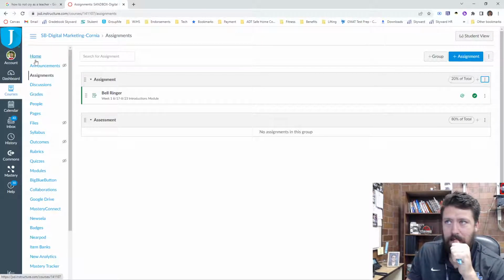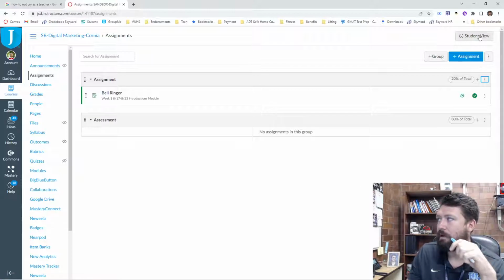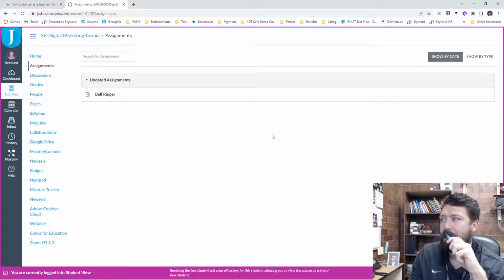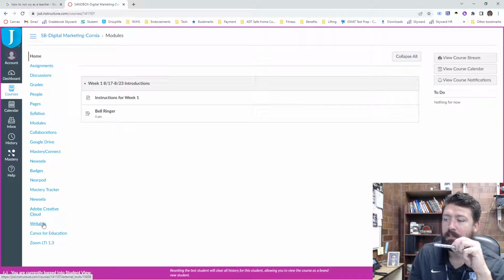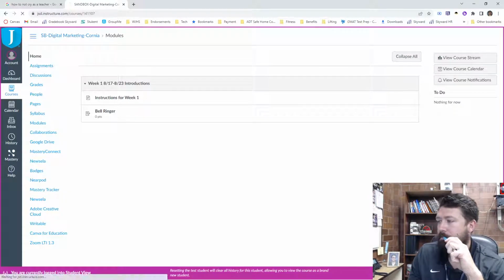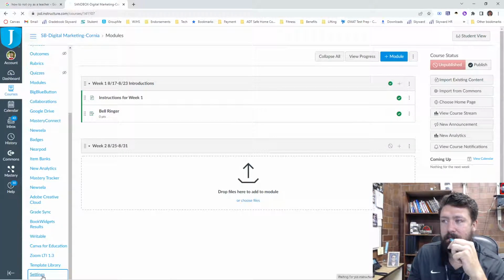And then other thing you'll need to take care of, you can see all these different tabs on the left-hand side. So if I click on student view up here, it'll show me what it looks like for a student. Okay, so this is just overwhelming, right? There's just so many options. So I recommend limiting it to like 3 or 4 options. So in order to do that, on the bottom left-hand side, we scroll down to settings, click on settings,